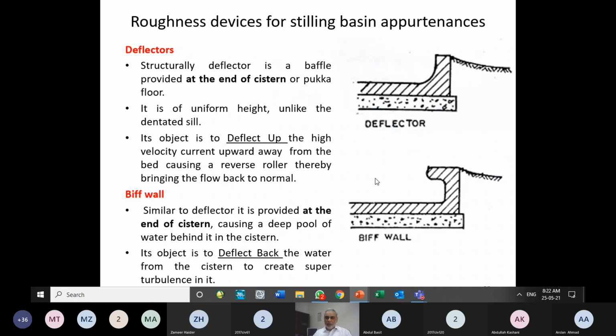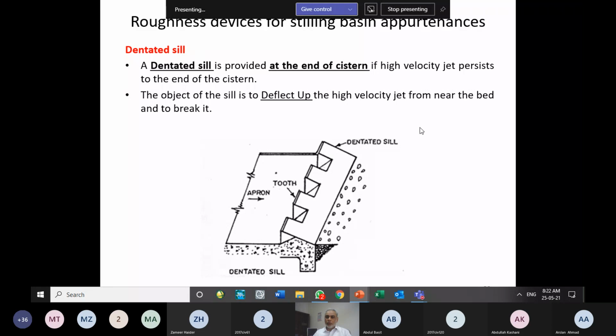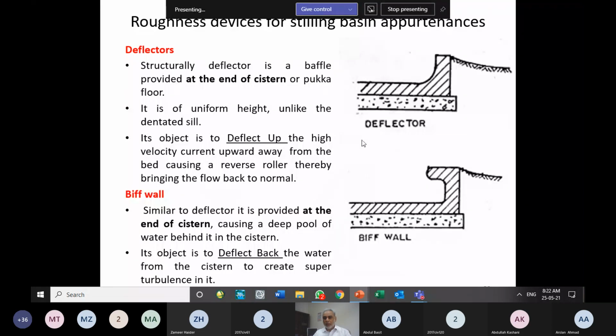So this baffle wall, if it is in the shape of a 90-degree turn like this over here, we usually call it a deflector. Water will come over here, it will be obstructed by this deflector, and it will shoot up on the upstream side. So its working will be a little bit different as compared to the